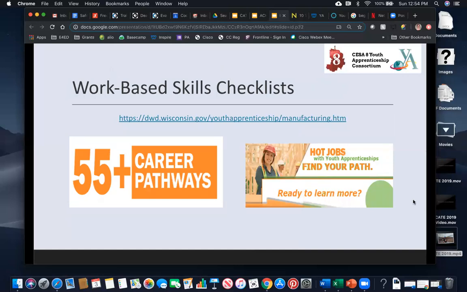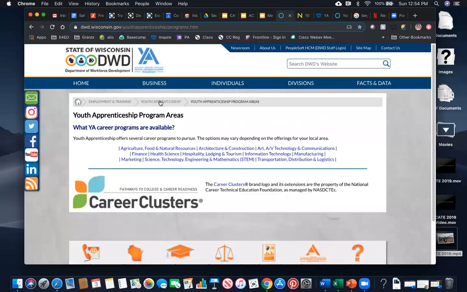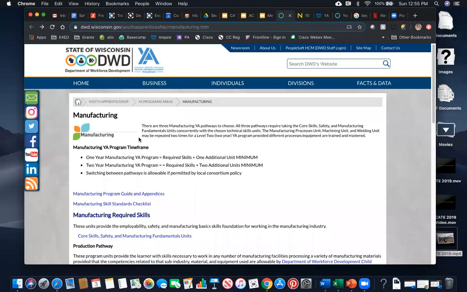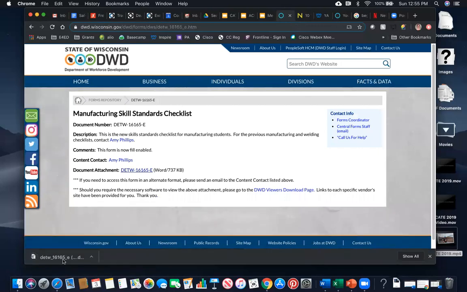Every different career cluster has a unique work-based skills checklist that the student has to follow while they're on the job. If you go to the DWD website, and I'll just jump there for a second, you will see this one is going specifically into manufacturing, but if I back up, there is a checklist available for each of the different career clusters which are offered in youth apprenticeship. So if I go back to the manufacturing, we can go to the skills standards checklist, and you can see that it will download that checklist for us. And if we open that up,